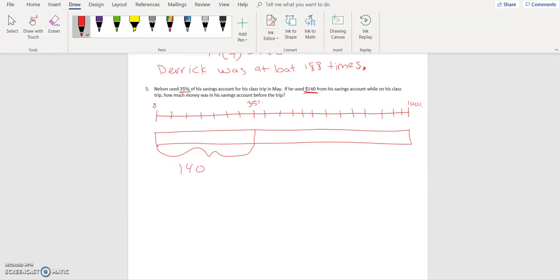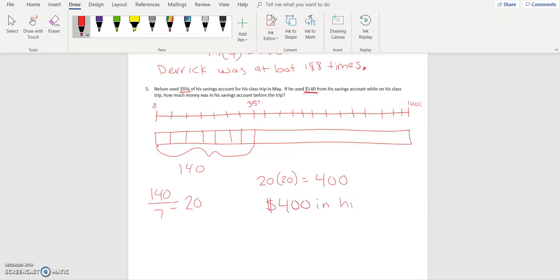And so we need to see, what are we breaking this up into? How many pieces are going to be into this 140? How many equal parts do we have? And so we have 7 there. 140 divided by 7, which gives me 20. And so each one is going to be 20. And so we have how many here? I'm just going to flip back and look. I have 20 multiples. So there's going to be 20 boxes if I counted them all. So 20 times 20 gives me 400. So he had $400